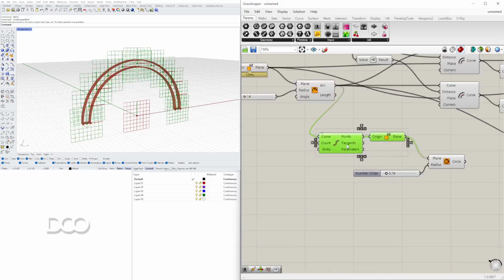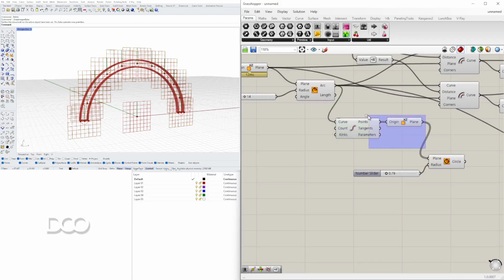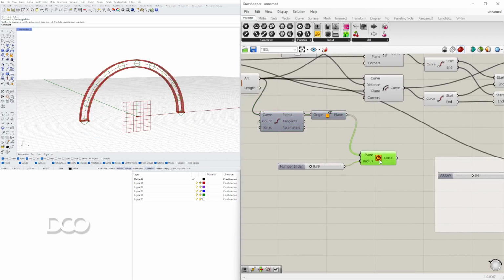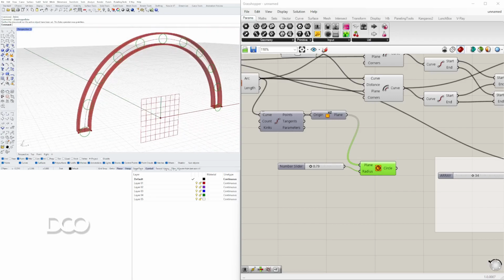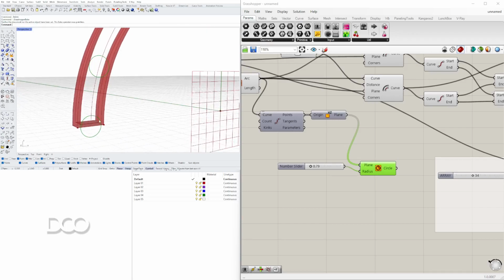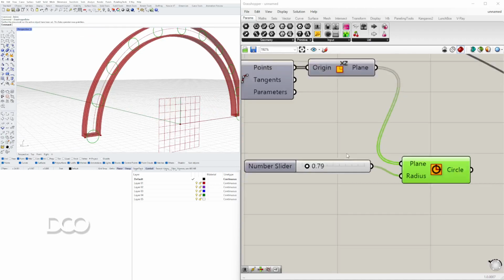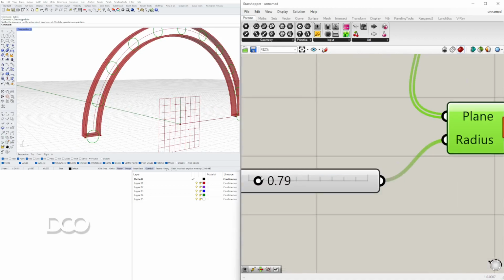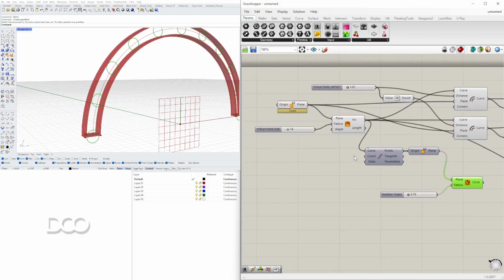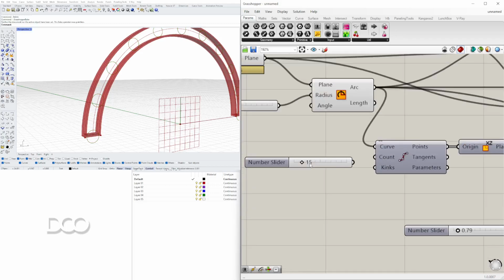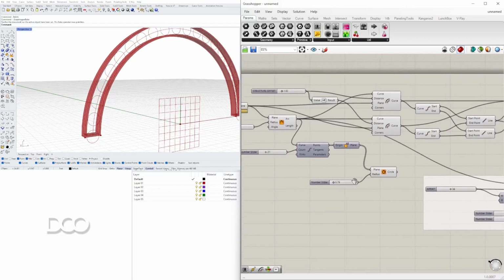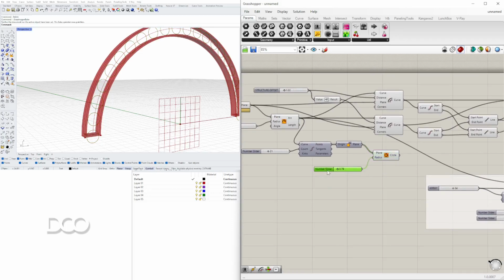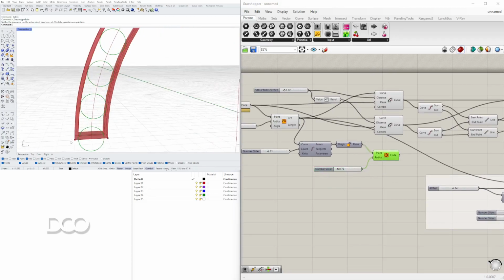Sometimes the construction planes are a little obnoxious, like they get in the way, so I'll select it, disable the preview, and then in here, well, it actually wouldn't look too bad if we do like half a circle at the beginning and then goes on. This is going to determine our count, so we'll go to 15. Now at this point, well, we have our